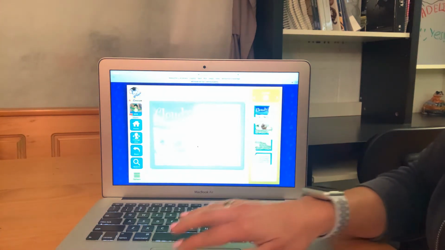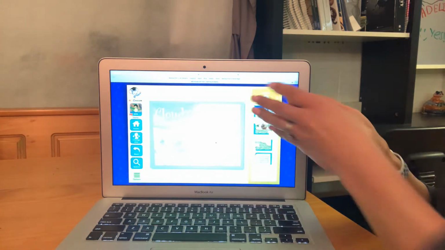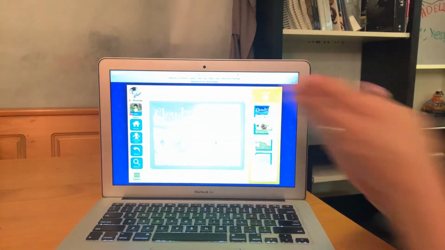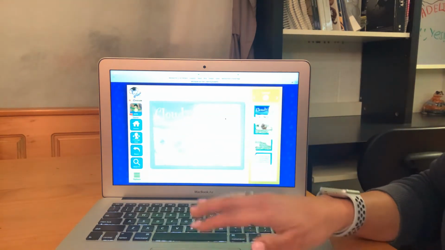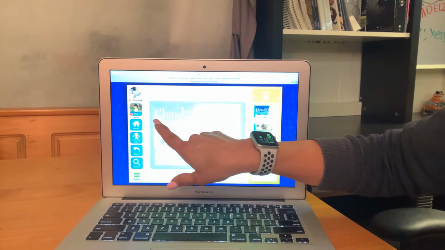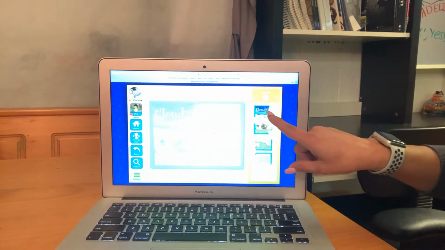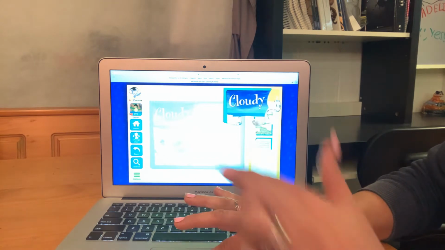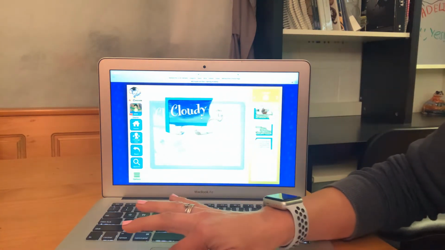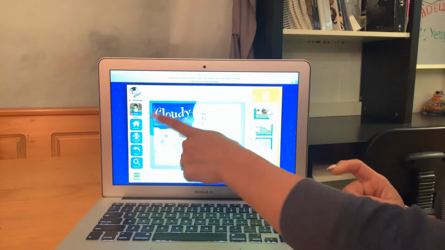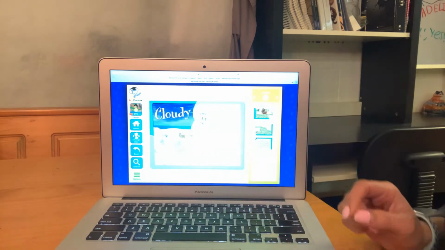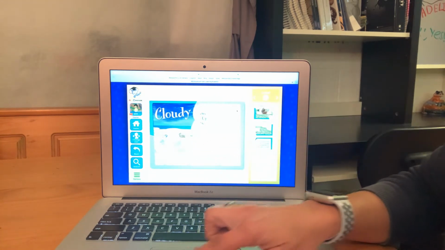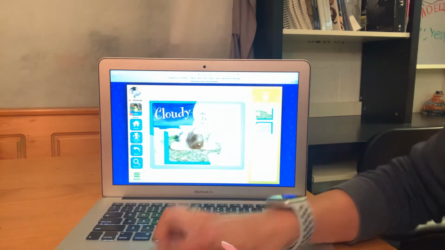So Dexter would then take these puzzle pieces and move them into the spot in which they go. Here I can see the word cloudy, so I know that this puzzle piece will go over here. I will simply click, and I'm going to hold my finger down and drag it. If you have a touch screen, you can encourage the children to use it that way. Once it's been completed, and I'll just show you for completion purposes,